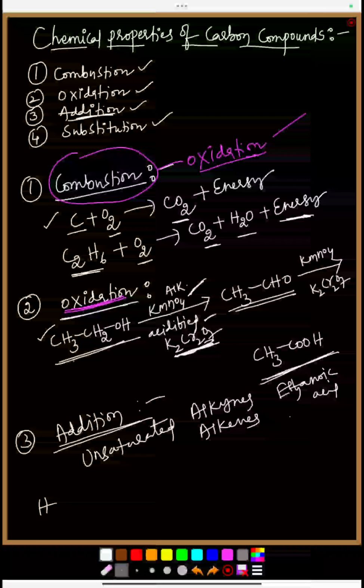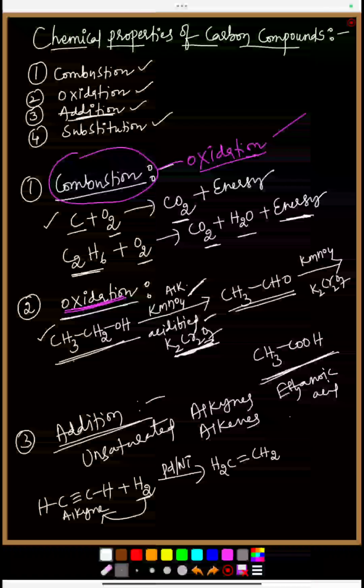So I am taking HC triple bond CH. It is an alkyne which is called ethyne. It reacts with hydrogen in presence of palladium or nickel. I am adding hydrogen to the alkyne, that is ethyne, and it converted into H2C double bond CH2,